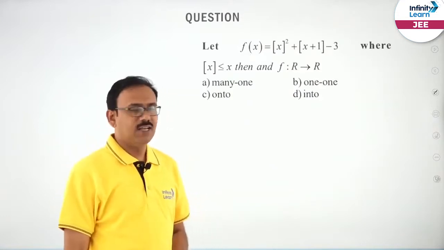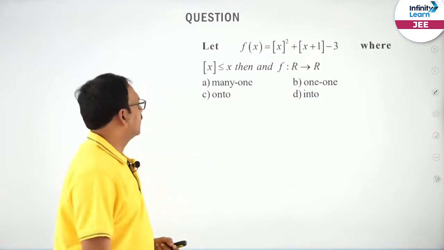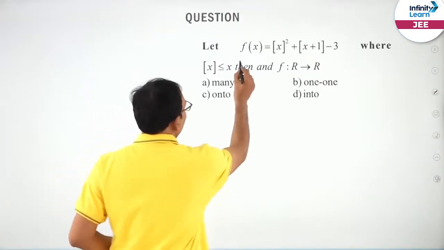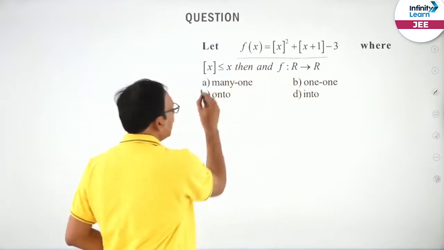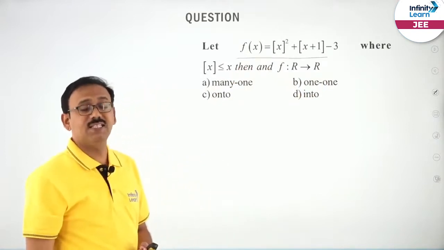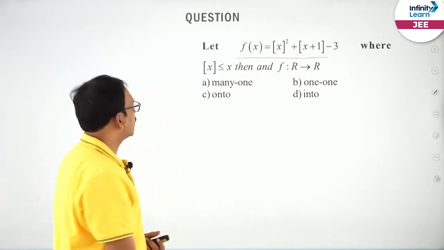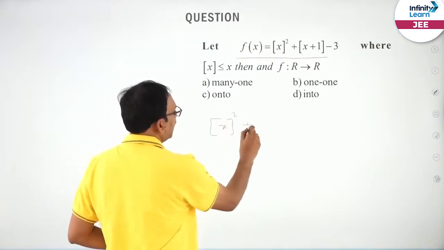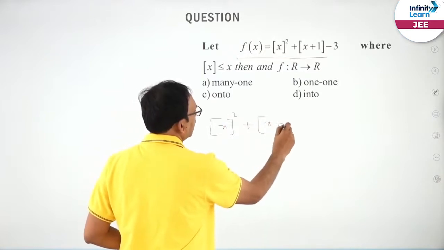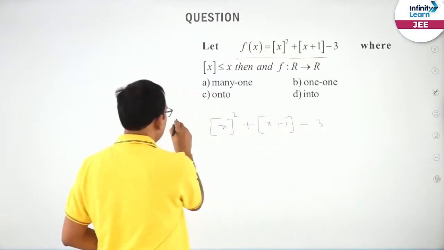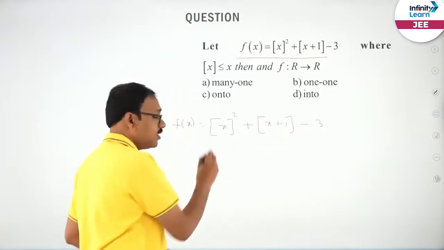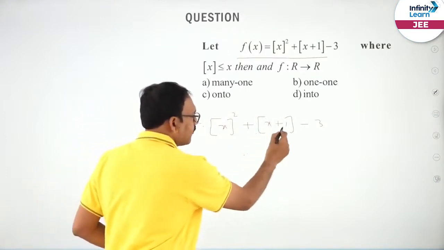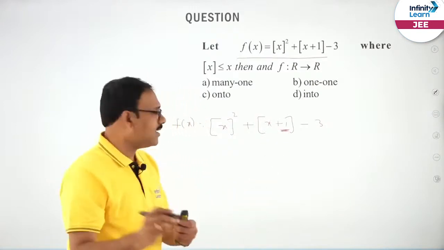Next, friends, you see this question. Are you ready? f(x) is this, where [x] denotes the greatest integer function, right. So, [x]² + [x + 1] − 3 is f(x). I think if you know the property of [x], like [x + n], if n is an integer,